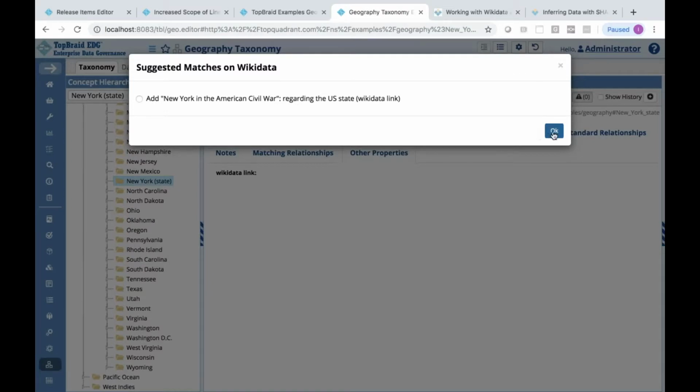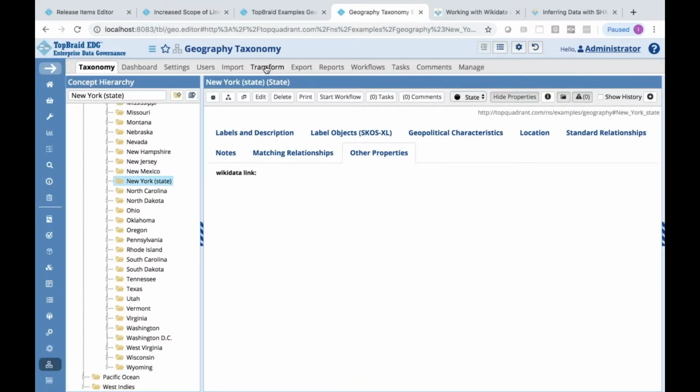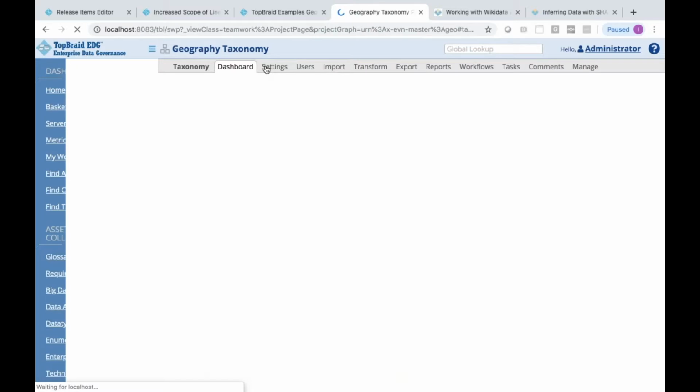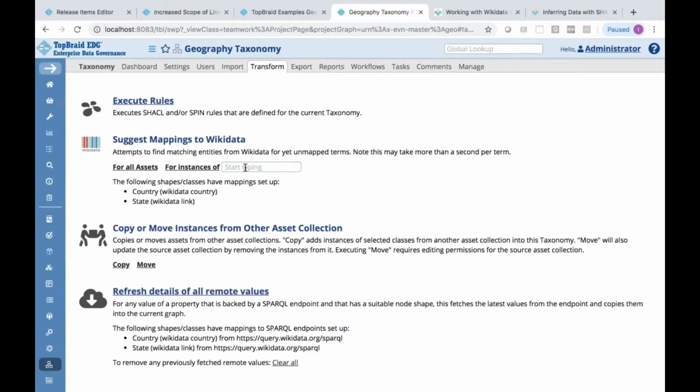All right, so it found one suggestion. Or I could go to transform and run suggestions for all the assets or for all instances of some class. In this case, I'm going to do it for instances of state.